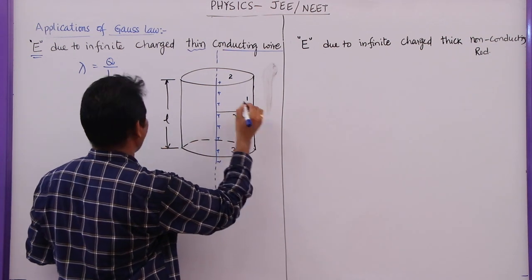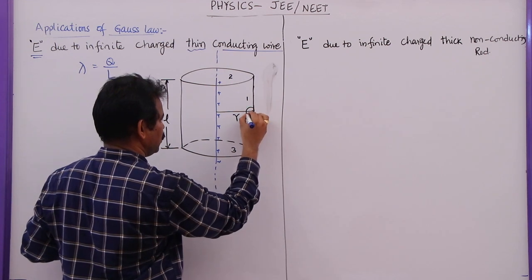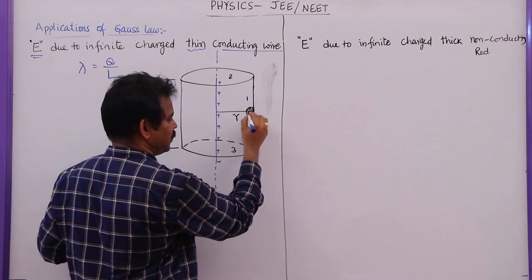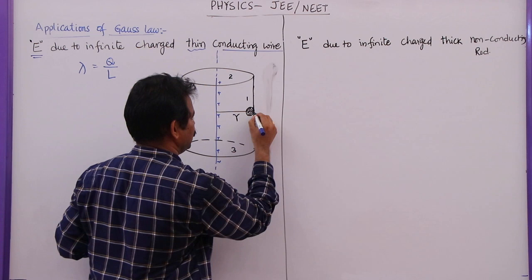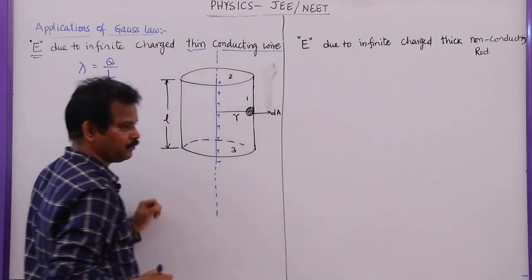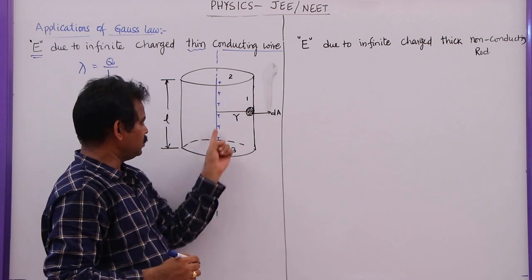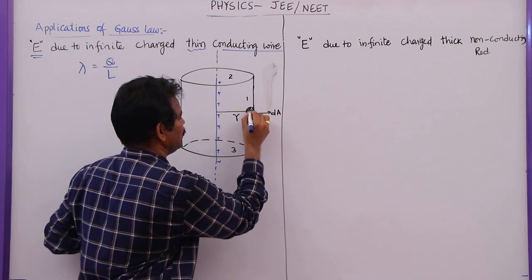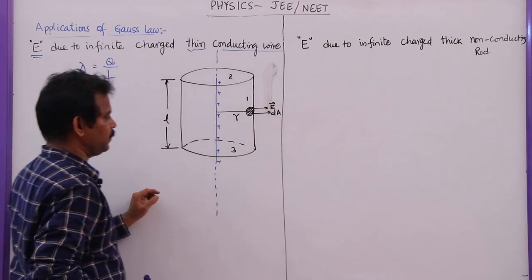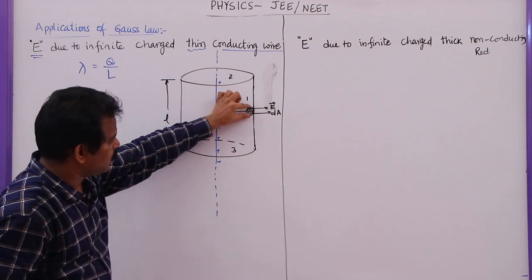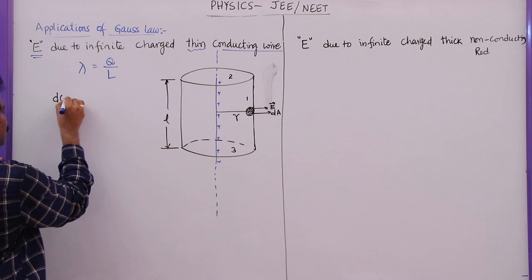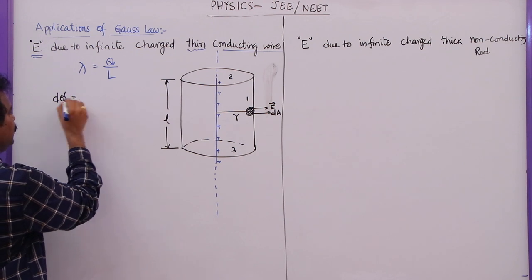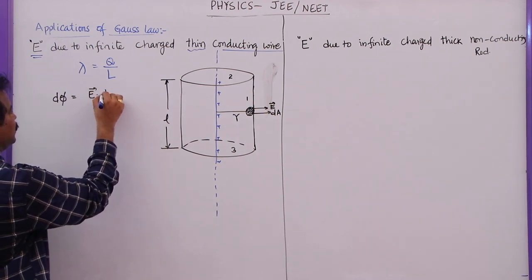Now if you want to find the electric field, first let me take a small elemental area where I want to find the electric field. The area vector for a closed surface is always the outward normal, so this will be dA. At this point, due to this charge distribution, the electric field is radially outwards, so the field will act in this direction, E bar. Now let me find the flux through this small Gaussian surface first. The flux through the small elemental surface is given by d phi equals E bar dot dA bar.